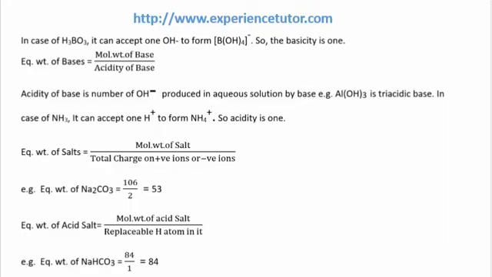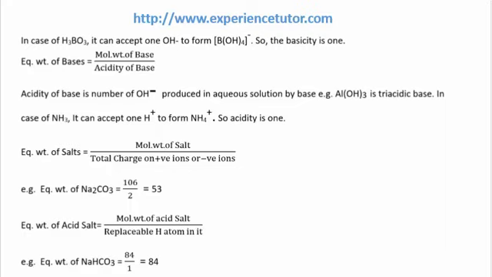In case of NH3, it can accept one H plus to form NH4 plus, so acidity is 1. Equivalent weight of a salt is equal to molecular weight of the salt upon total charge on positive ion